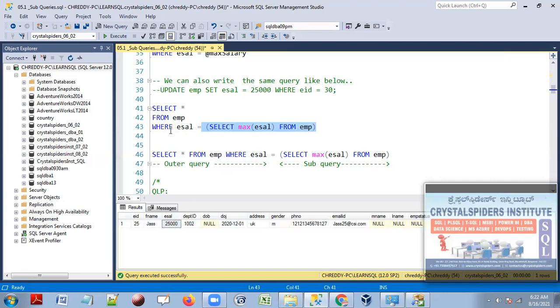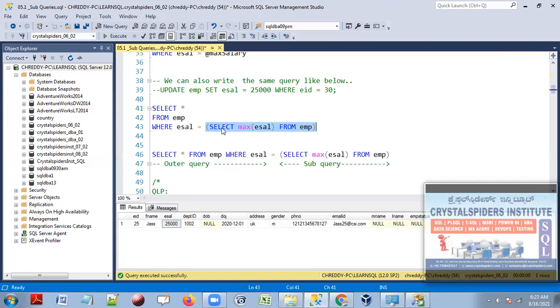This is one subquery inside the where clause, and this subquery is going to return a single value. Anytime, guys, whenever you execute this subquery, it will return only one value. Or else, if you don't have any records in the employee table, it will not return any value. It doesn't matter if you have 1 million records or 10 million records, it always gives a single value as the output. How many records are there in the employee table doesn't matter. It always gives one value. That value we are going to call a scalar value. We are going to see all that, guys.